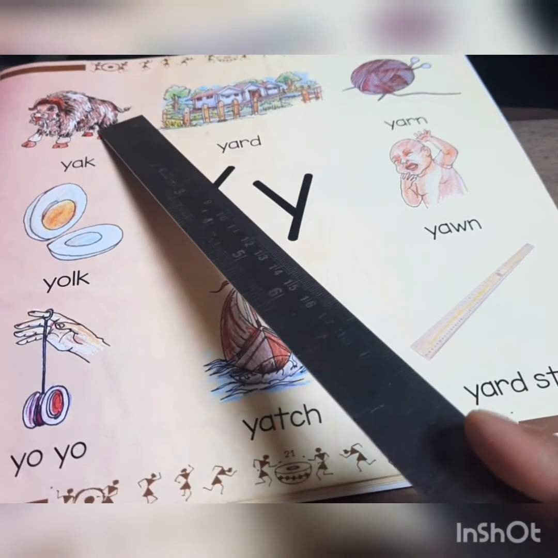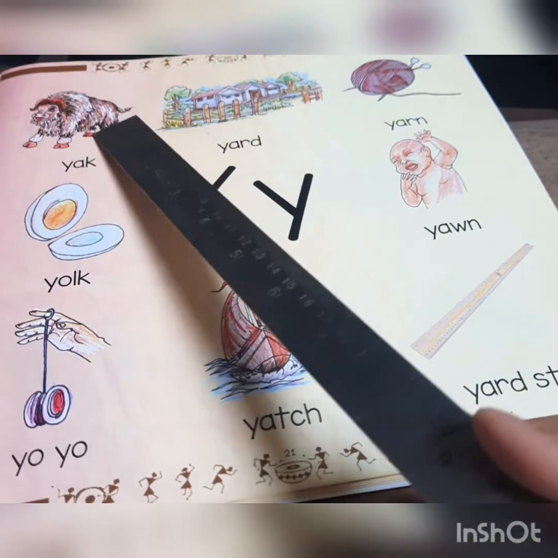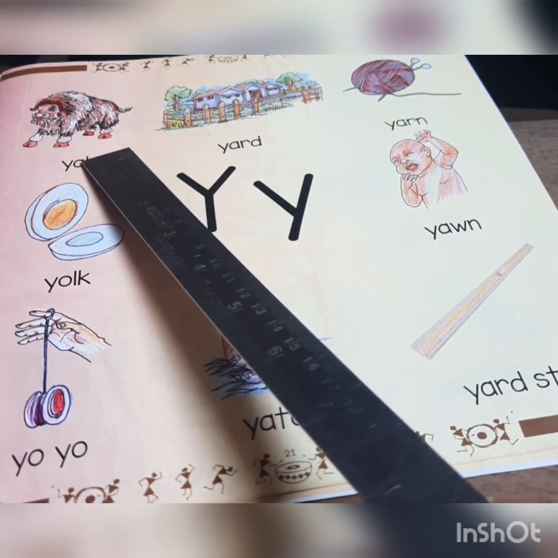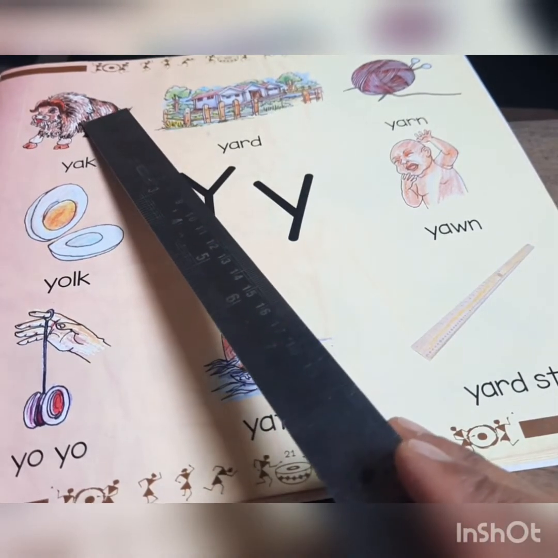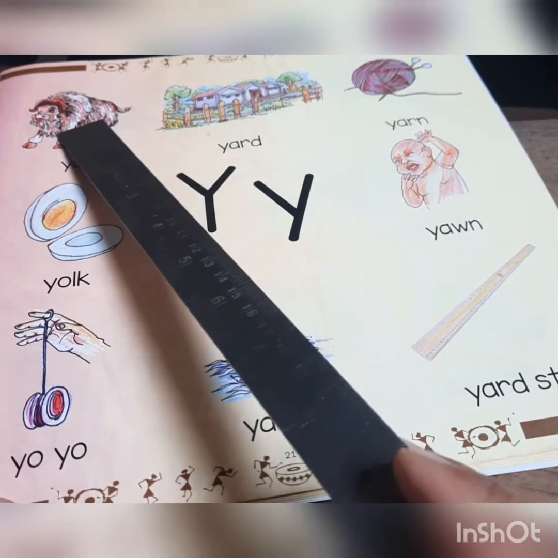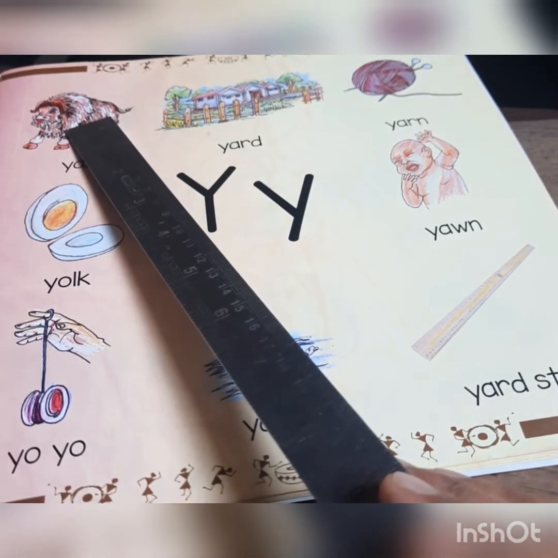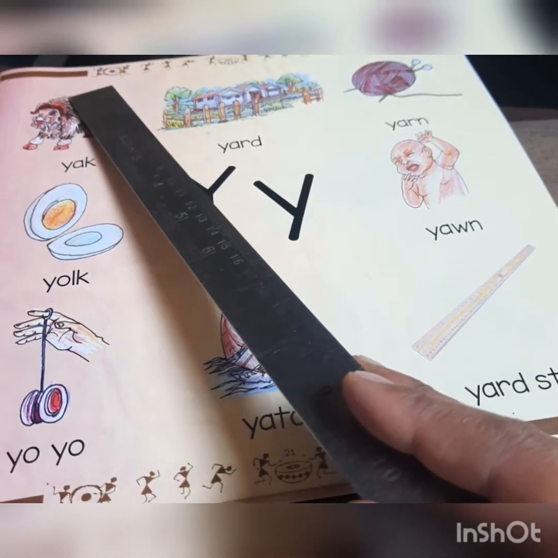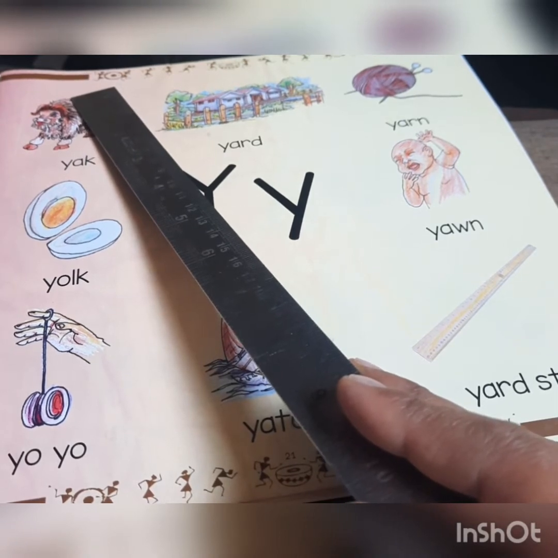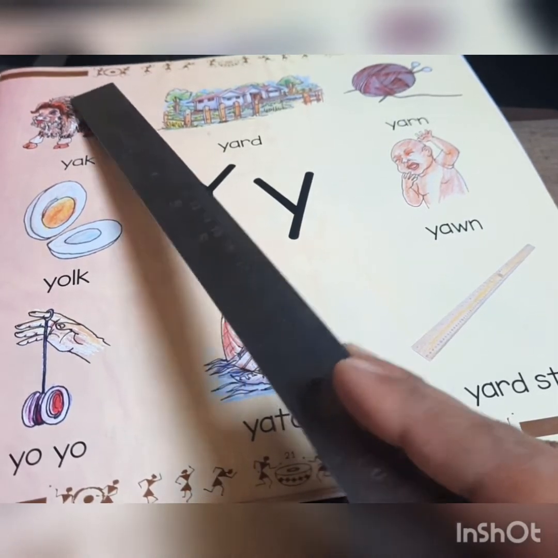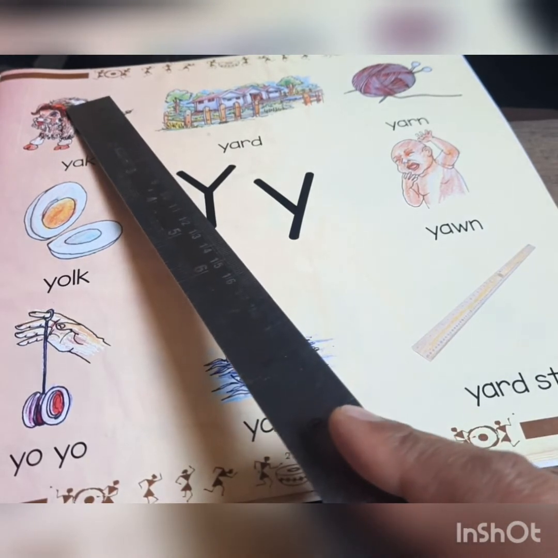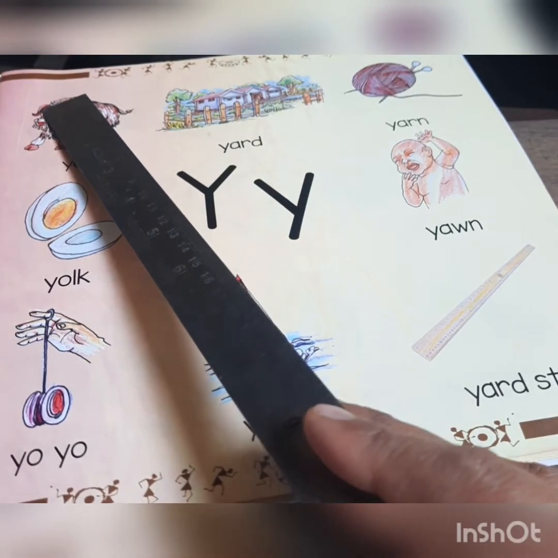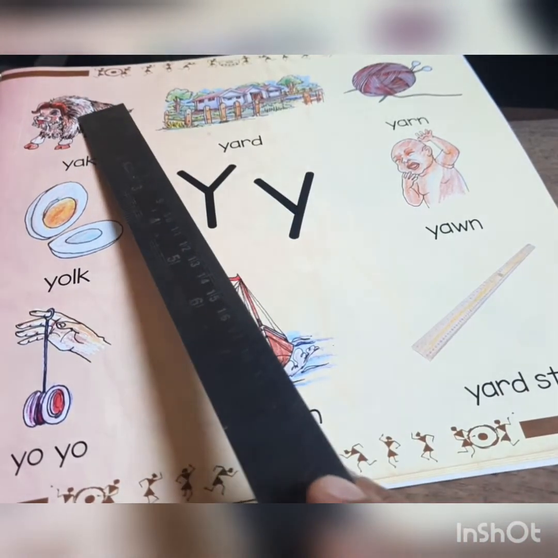Yak, it is a large wild animal. Okay, it looks like a ox, wild ox. It is called as yak. But it will have shaggy hairs. That is, it will have a little bit of long hairs in its body. And it will have a humped shoulder. Its shoulder will be a little bit like a hump. And it will have large horns. Horns means kombu.